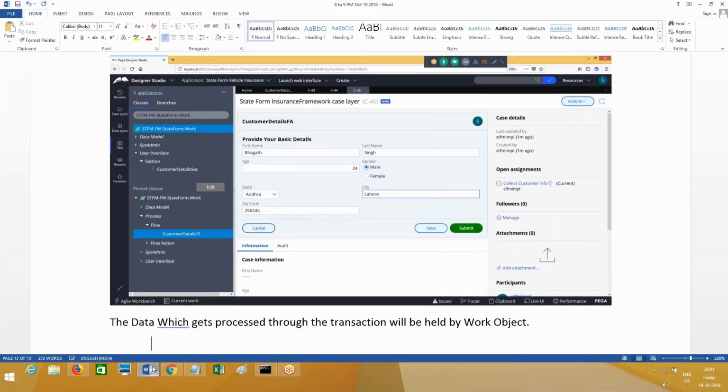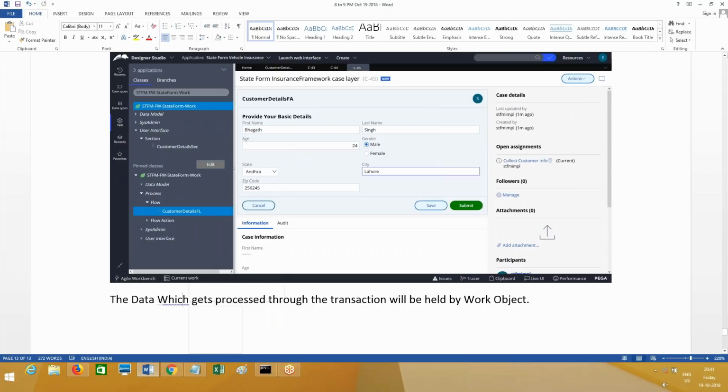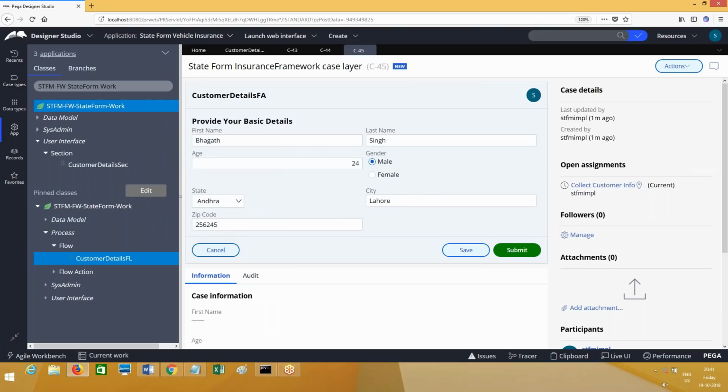What a work object is and all, I'll tell you. As of now, understand that a work object is an entity that gets created in the background, which we cannot see with our eyes, like an object in C++ or Java, if you know; otherwise leave it. A work object is like a virtual entity that gets created in the background when we run a flow. So the transaction data will be held by the work object, and on submit, it will get saved into the backend.